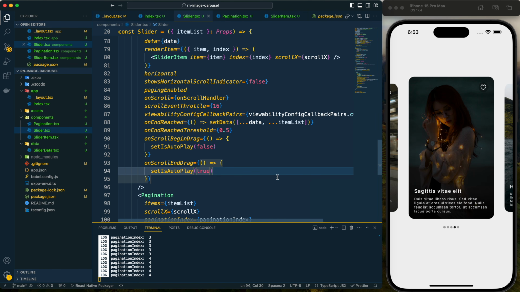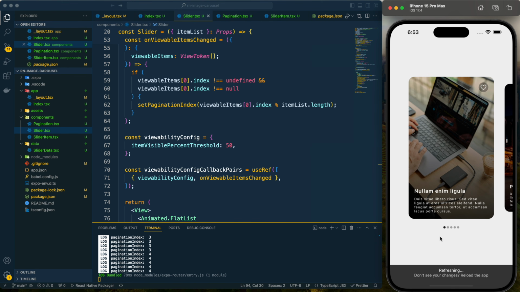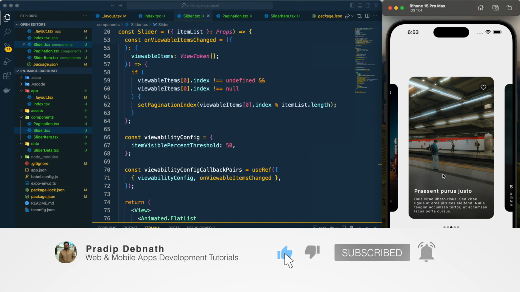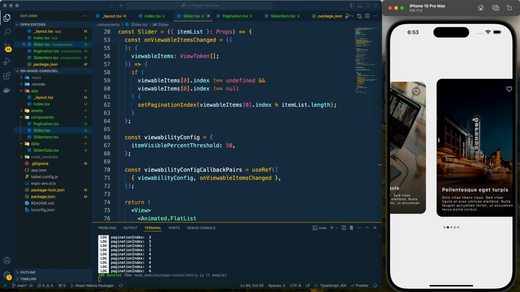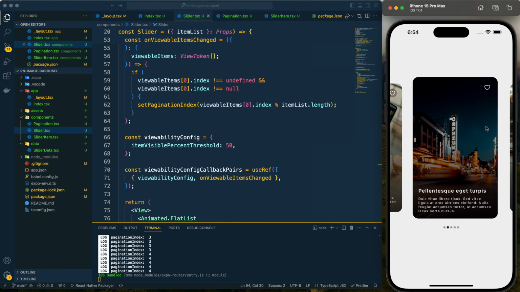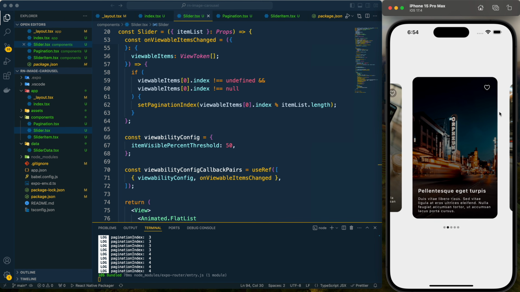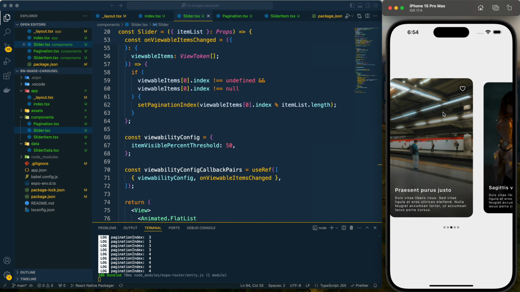Now let's save it. Let's reload it first. So it is autoplaying by itself, and if I am sliding, that time it is not autoplaying by itself, right?